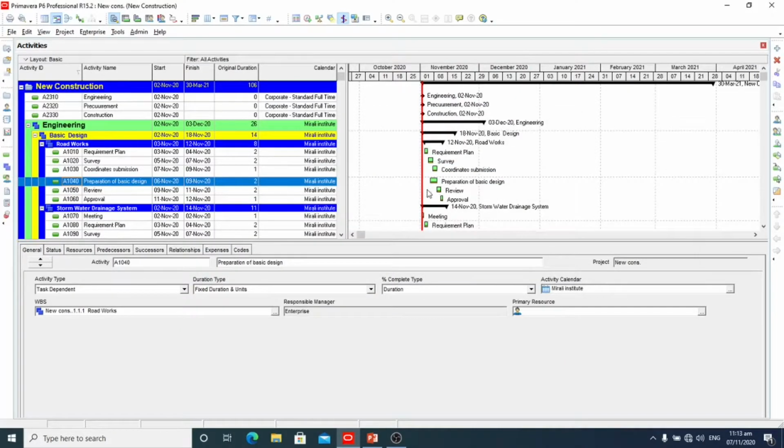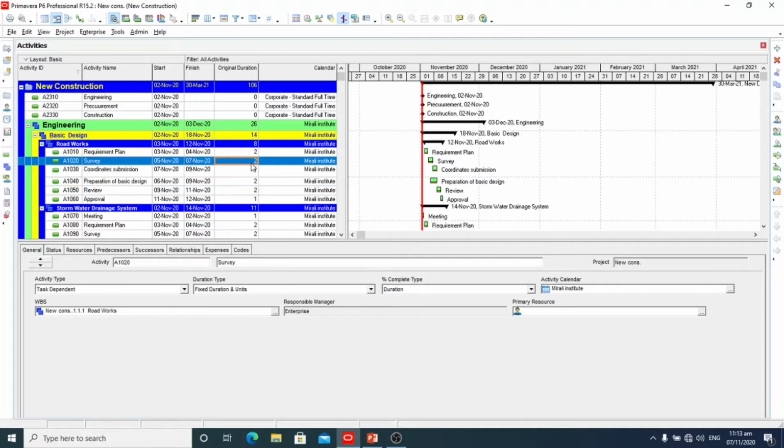Here we can see the yellow line, this is our primary baseline. If we change the duration of any activity, here we can see the baseline would not be changed. So the baseline will remain the same.